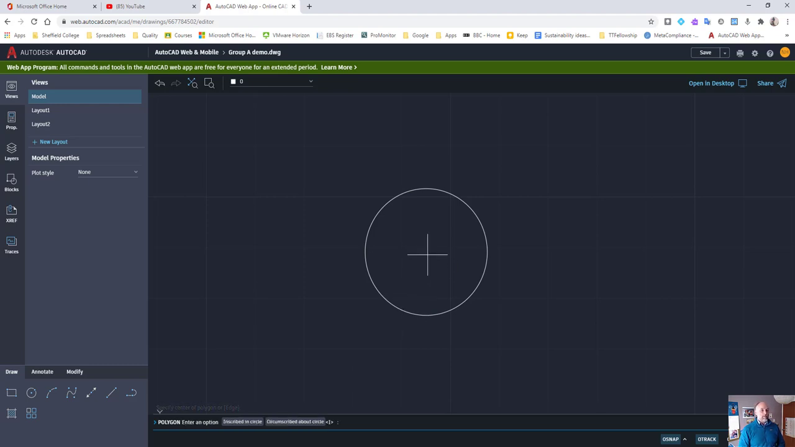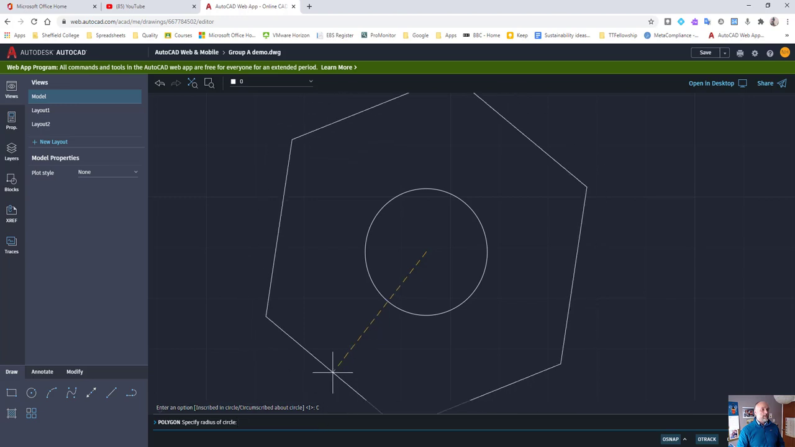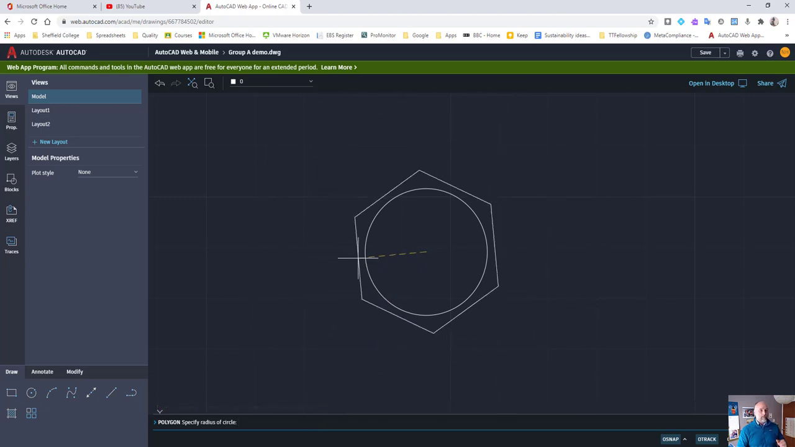Now we have 2 options: inscribed in circle, circumscribed about circle. Inscribed in circle means that the points of the polygon are inside the circle. Circumscribed about the circle means that the flats of the polygon are touching the sides of the circle. So I'm going to go for circumscribed about circle because that is more useful when I'm looking at nuts and bolts, when I'm going across flats. So if I go to the quadrant there, that gives me my polygon,